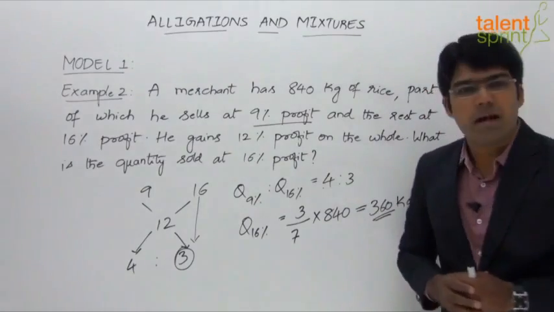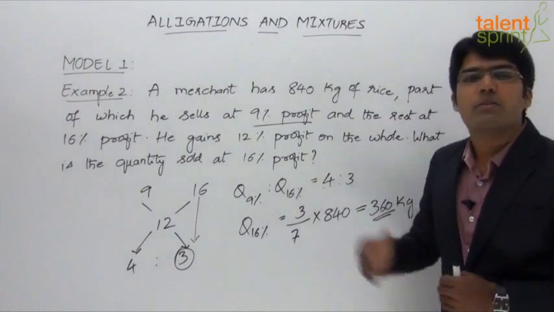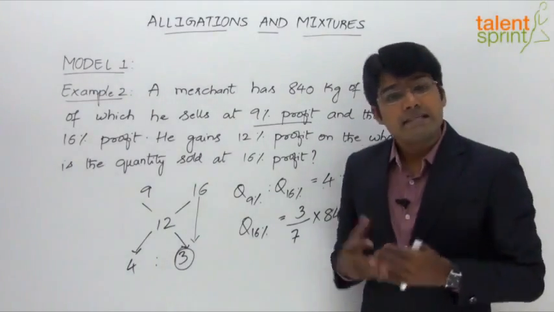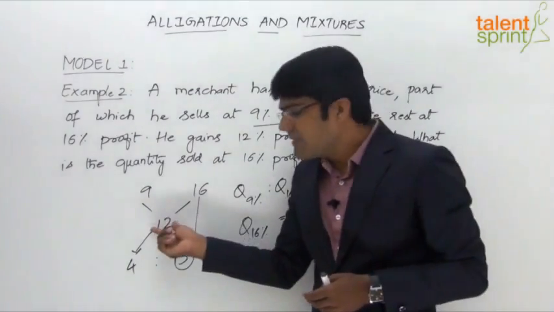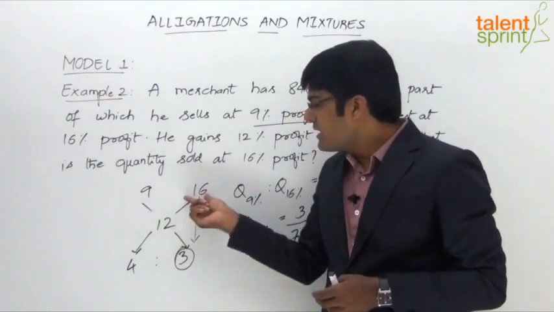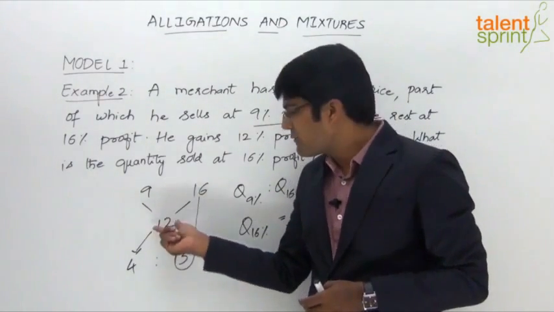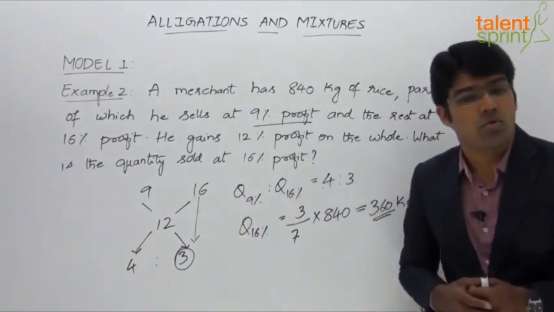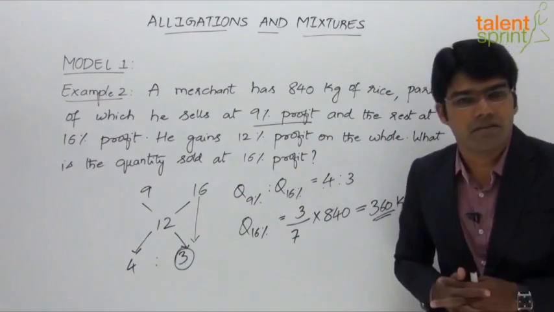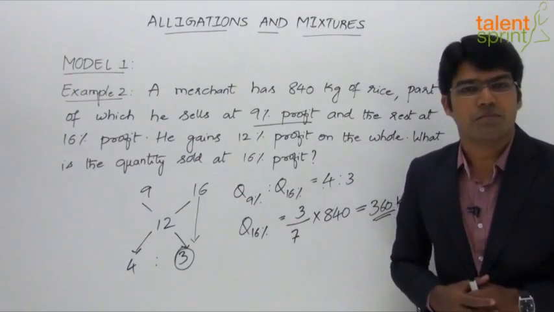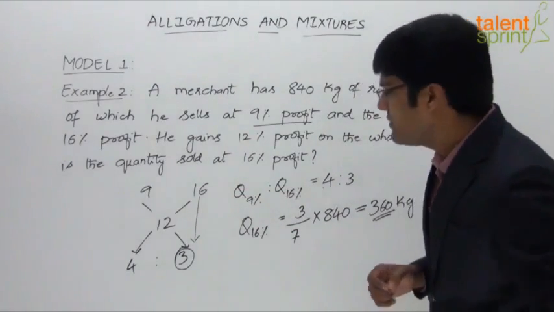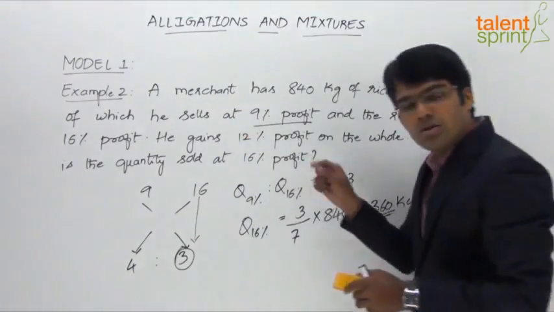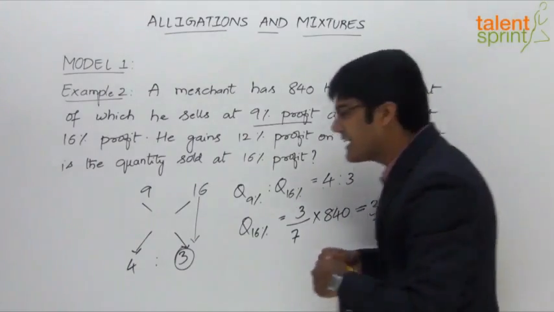So this is how we can apply alligation rule for solving questions based on mixtures. We also need to note that in some cases, instead of giving the mean value, the individual values are given along with the ratio, and we are required to find out the mean value, which again can be done by using the alligation rule or by using the equation that we have discussed in the introduction part of this video. For example, let's assume that here the profit is not given. The profit obtained on the whole is not mentioned, right? So that has to be calculated.